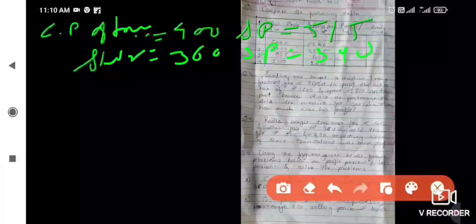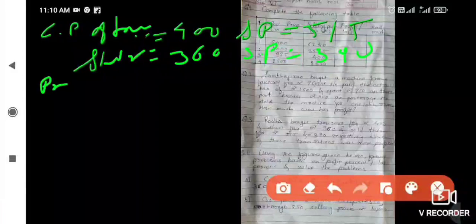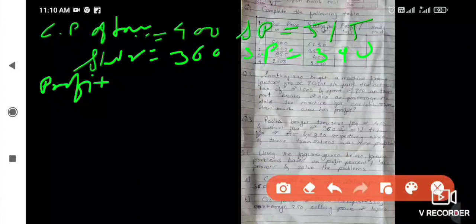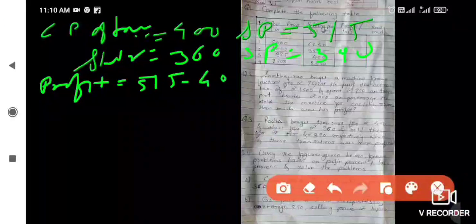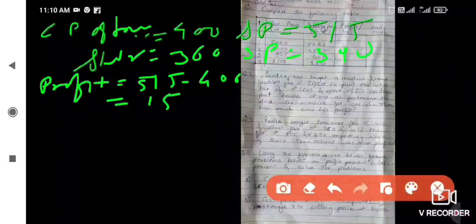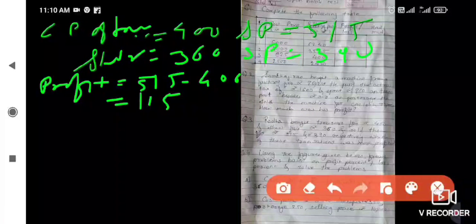Now we have to find which transaction is more profitable. So profit in the trouser is equal to 515 minus 400. So here 115 rupees is the profit in the transaction